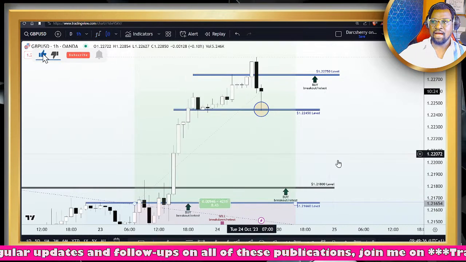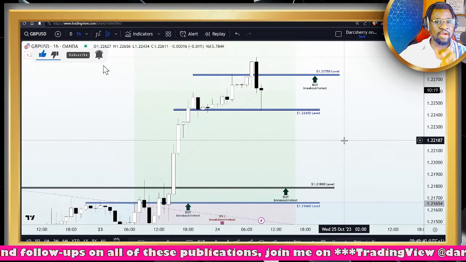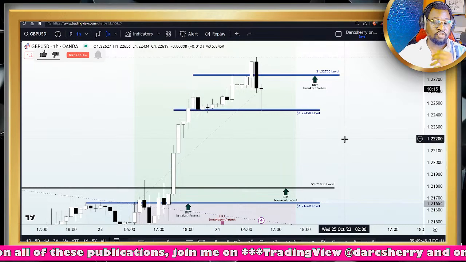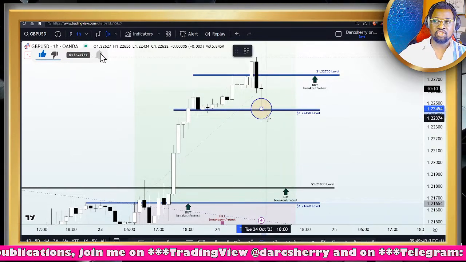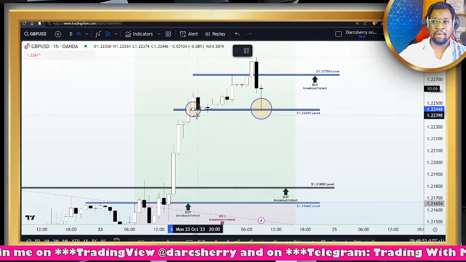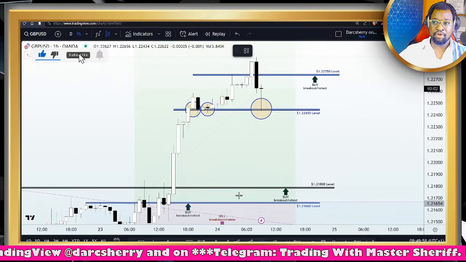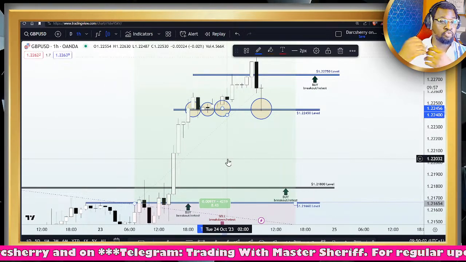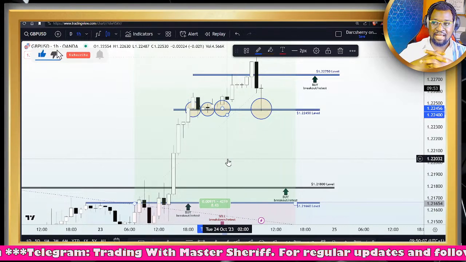So marking out this level, you will see how beautifully, despite that bearish traction that came in following the publication of the S&P, price came back into the structure and did a sharp rejection of that area. And look at what has been going on in the past, all through the early hours of today. Buy pressure. So this is a sign that sellers are finding it difficult to break through that level, further emphasizing the strength of the buyers at this point.